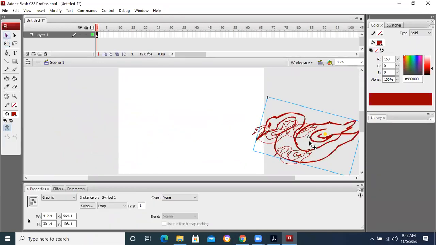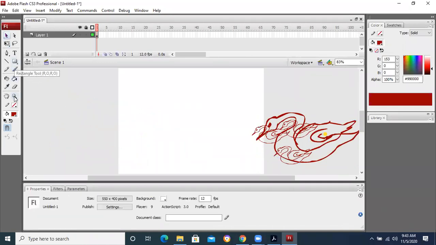Now, let's suppose I want to draw water over here, how can I draw it?